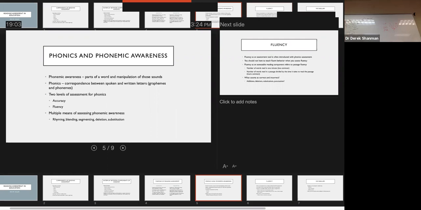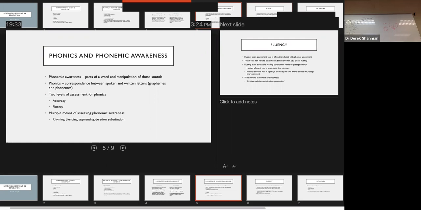These are all components of phonemic awareness. I didn't find a technical definition of phonemic awareness that I like for you guys for today, but the ability to manipulate parts of a word, sounds within a word, and understanding how words are built relative to their sounds